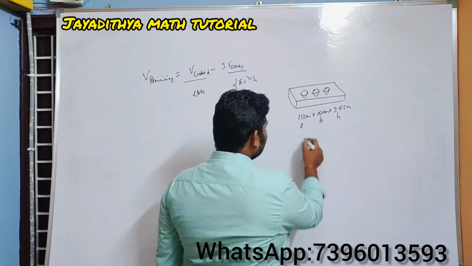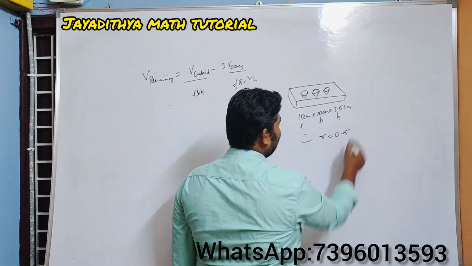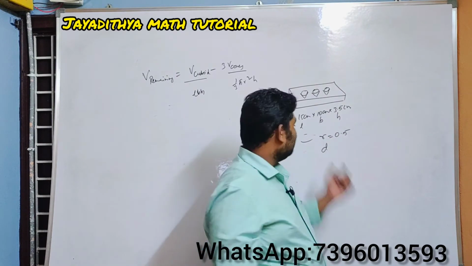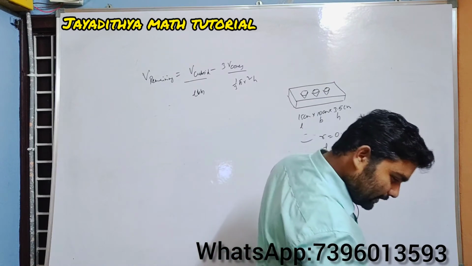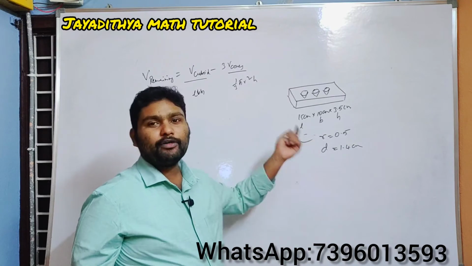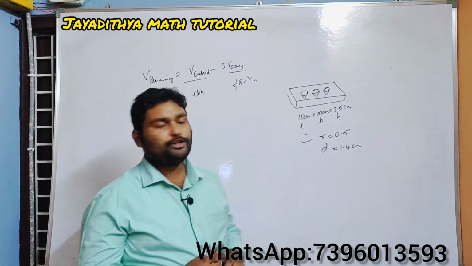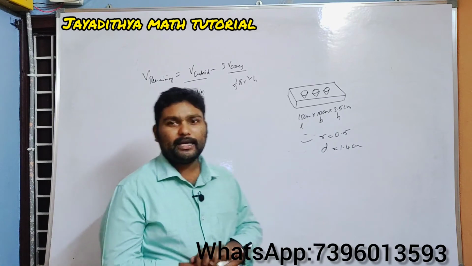And he has given the radius of the depression, that is the radius of the conical portion, as 0.5, and the depth, I am telling, you take as the height of the cone here. So depth is given as 1.4 centimeters. Substitute all the values. Whenever you have a decimal point, better to write it as 5 by 10, 1.4 as 14 by 10. Then you can calculate the volume of the remaining solid.